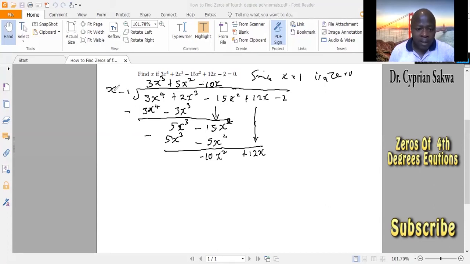So minus 10x times this will be minus 10x squared, and minus 10x times this will give us minus 10x. So again subtract. This will give us 0, and this